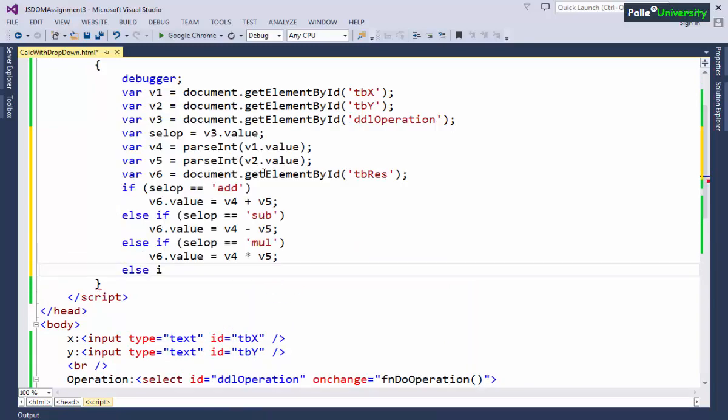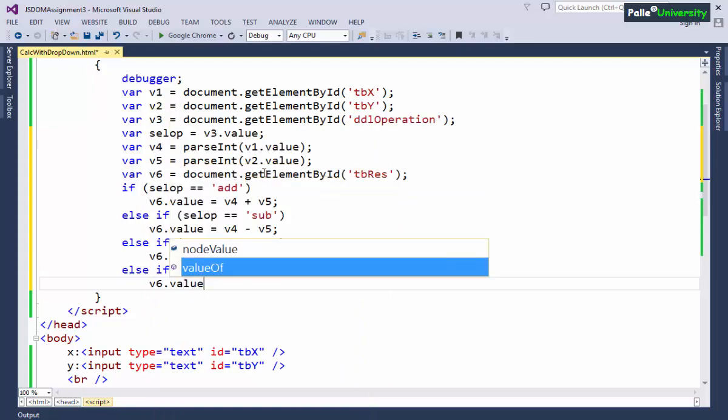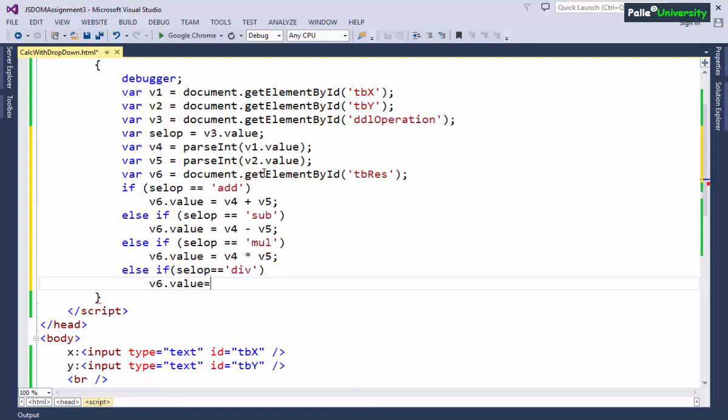Else if selected operation is equals to maybe div, then V6 dot value is equals to V4 divided by V5. So I believe you understood the point. So this is how I will be writing the code.